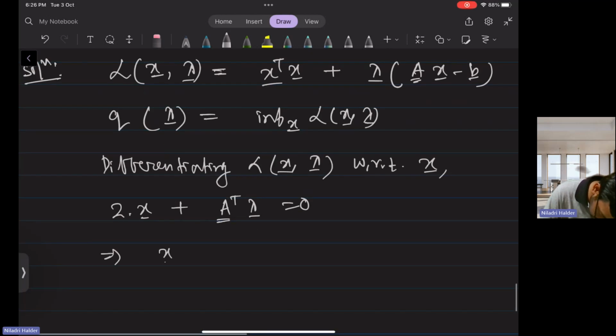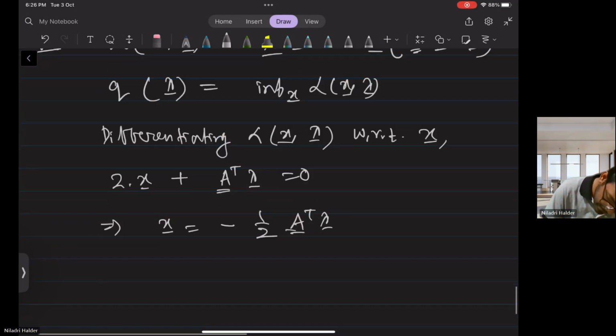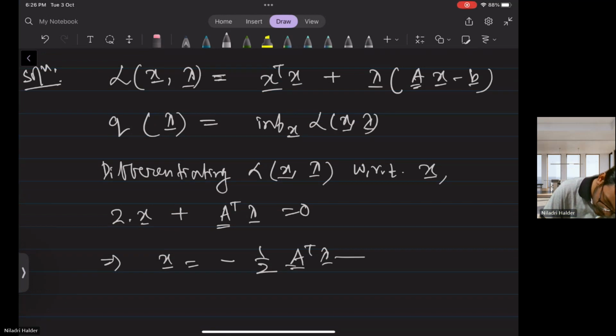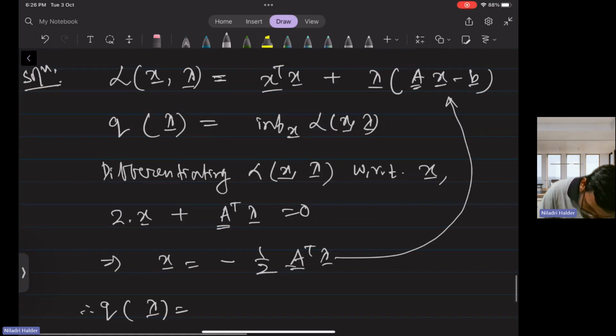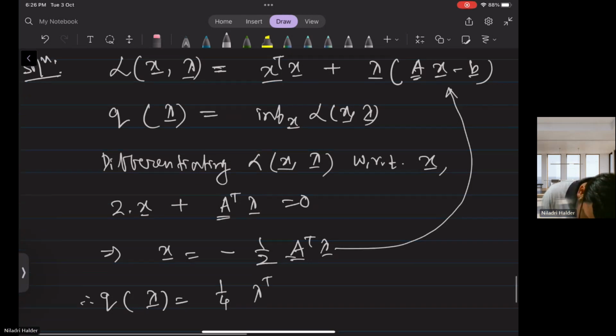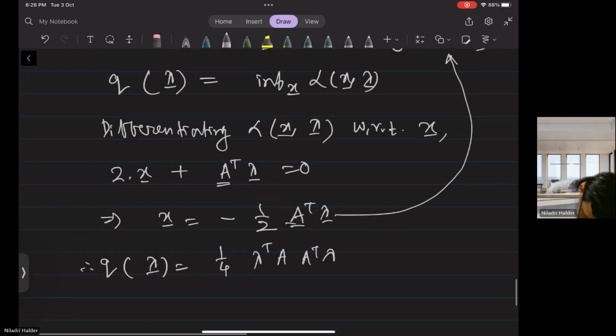Then x is equal to minus half A transpose lambda. Then we put this value here and we get q of lambda. So q of lambda is equal to, putting that value, x equal to minus half A transpose lambda, so it will be 1/4 lambda transpose A A transpose lambda